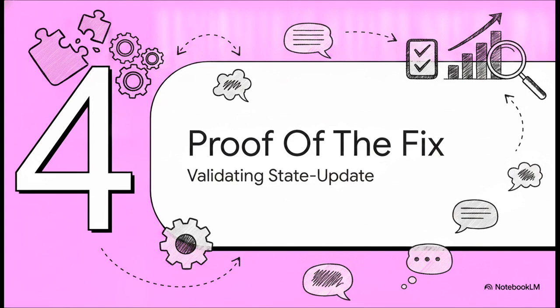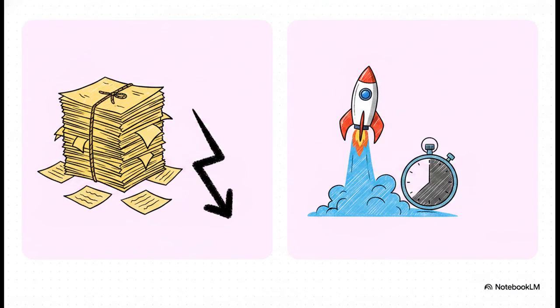All right, part 4, proof of the fix. Let's see how this strategy actually holds up. So, the big question, does this checklist method actually work with real data? The results are honestly night and day. We already know the old copy-paste method causes that brutal 39% accuracy drop. But this new state update strategy requires absolutely zero underlying model training, which is huge. By just changing the prompting framework, it actually boosts question answering accuracy by 14.1%.